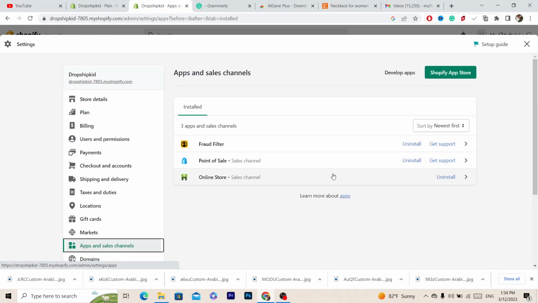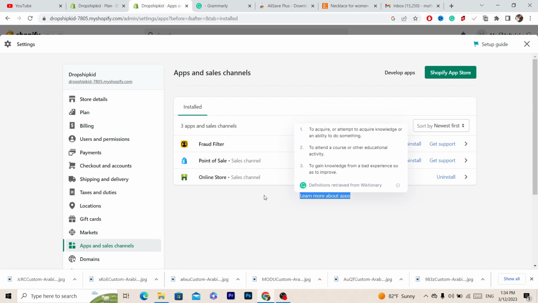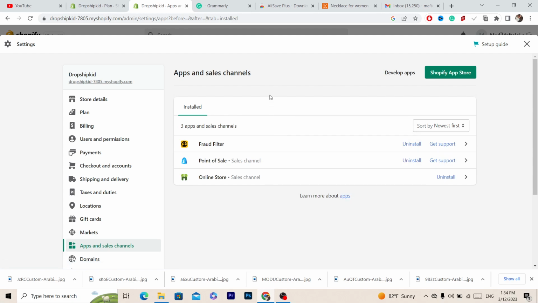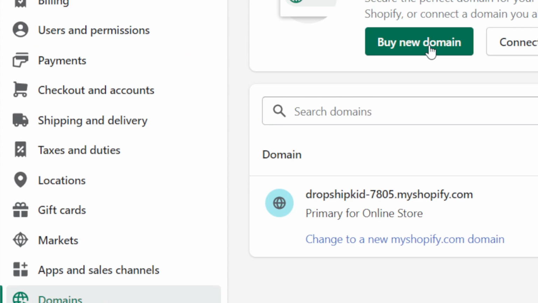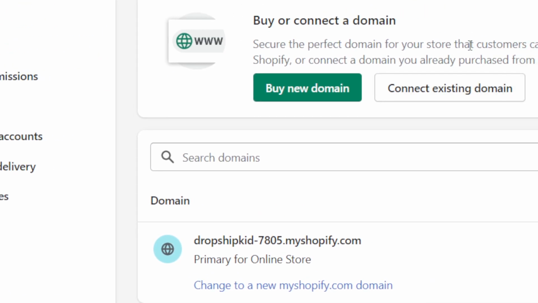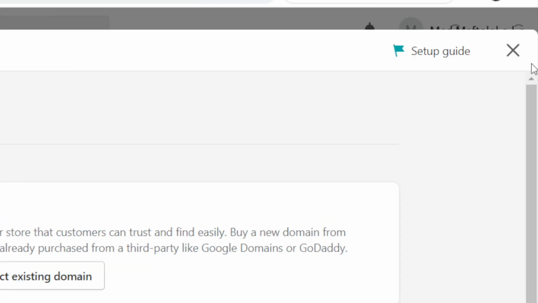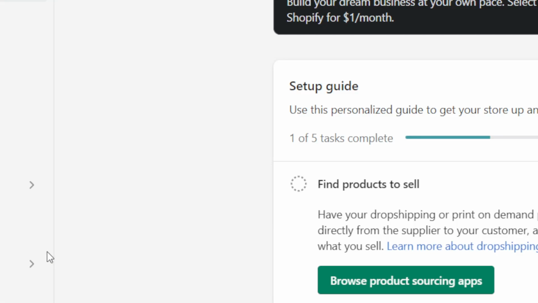Now, if you are paying for any app, you have to cancel that. Otherwise it will keep charging your credit card even after you cancel the Shopify subscription. Now, if you have any domain, as you can see, you want to click on domains. If you have a domain, you can just transfer it. If you are not paying for any domain, just follow these simple steps and you will be able to